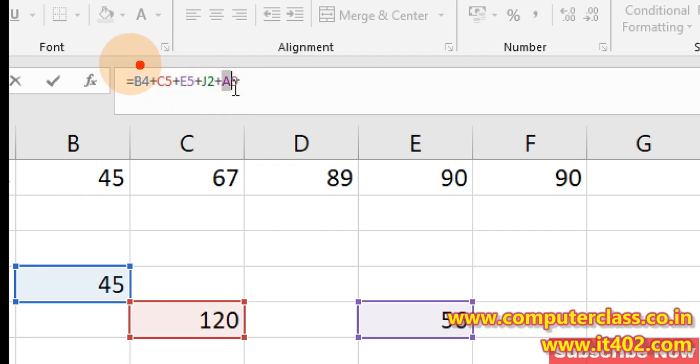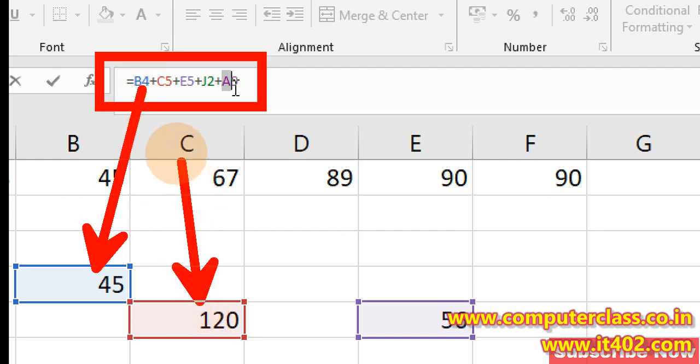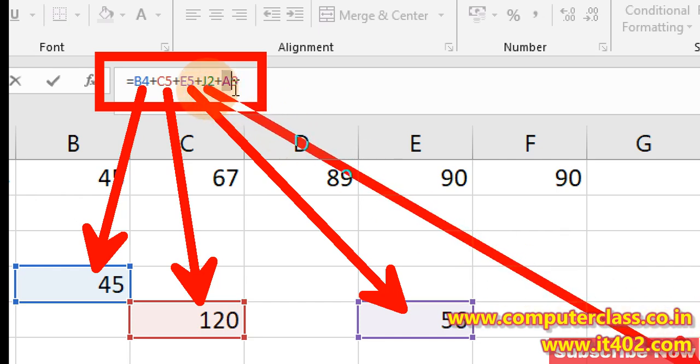So this is how we can calculate without the use of any particular formula. B4 is this one, C5 is this one, E5 is this one, and J2 is also somewhere here.